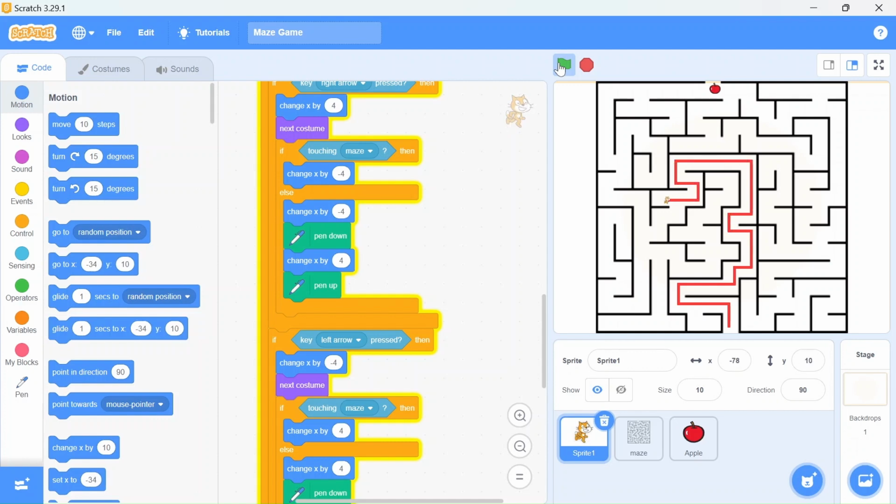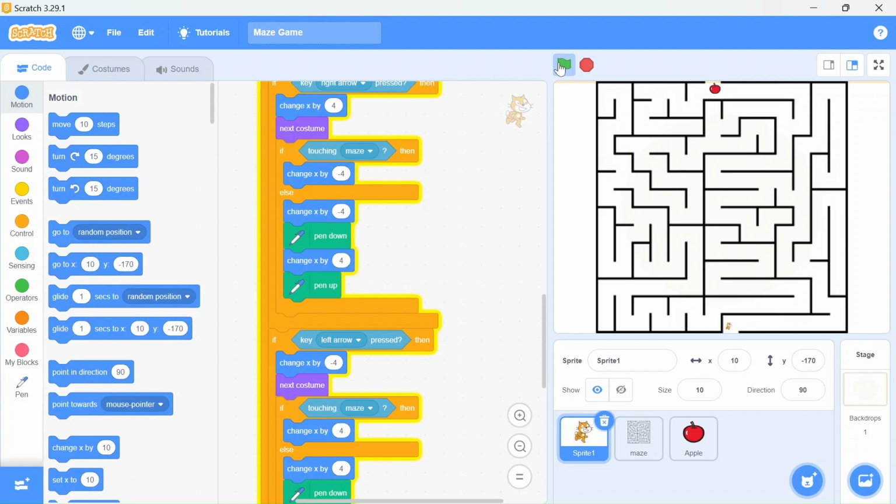So we have today created our very first project. I hope this is very much clear to you. You just need to practice it and you will easily be able to create it too. And this is how we can make our project run. So I hope it is clear to you.